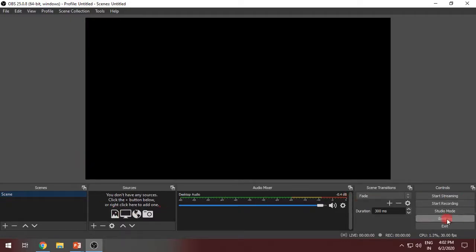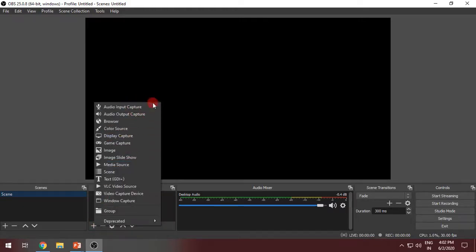So we'll not get much into advanced settings of this OBS, since we are only looking forward to how to do live streaming. So there is no need to create any new scene here, but we'll add the sources. Now sources, when you click on plus sign, we have multiple sources like audio input capture, that is your microphone, audio output, that is your speaker. There are other options like browser, color source, display capture, game capture, which is mostly used by the advanced YouTubers and gamers. Then image capture, slideshows and media sources.